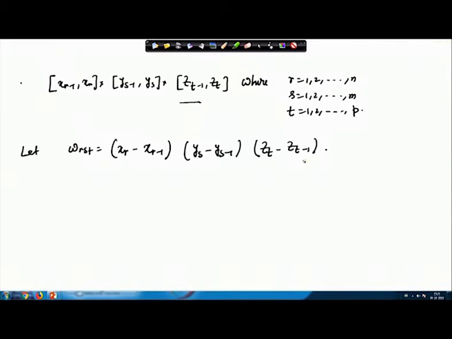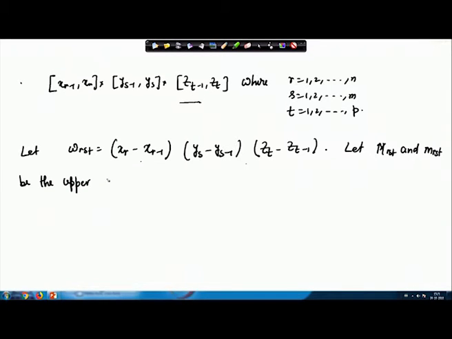So, it is basically length into breadth into height. And now we write let capital MRST and small mrst be the